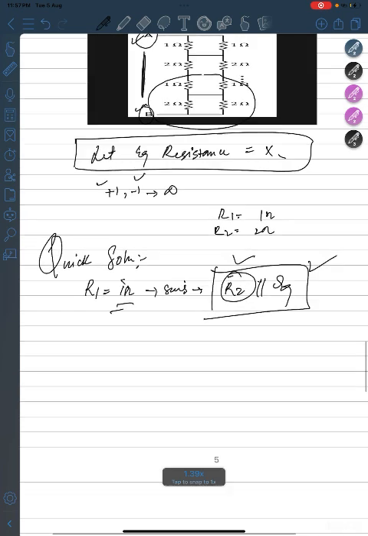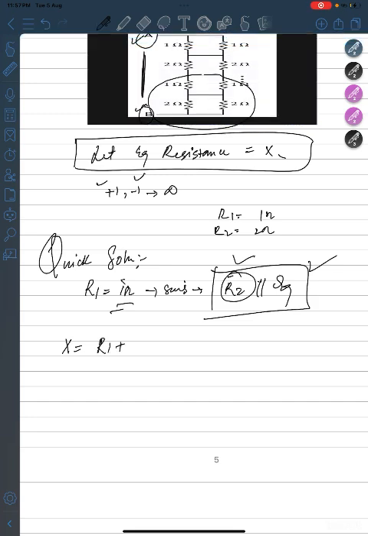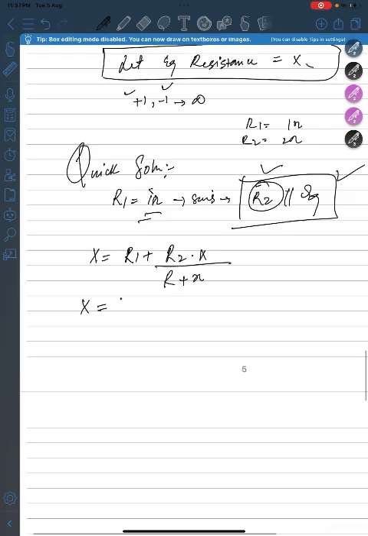Okay, so this X will be equal to the total resistance. It's equal to this R1, which is in series with what? The parallel of R2 and this X. This R1 is in series with this R2, which is in parallel with the equivalent resistance. Since it's a parallel combination, as you know, we use the parallel-series combination formula. So now putting the value of R1 and R2,